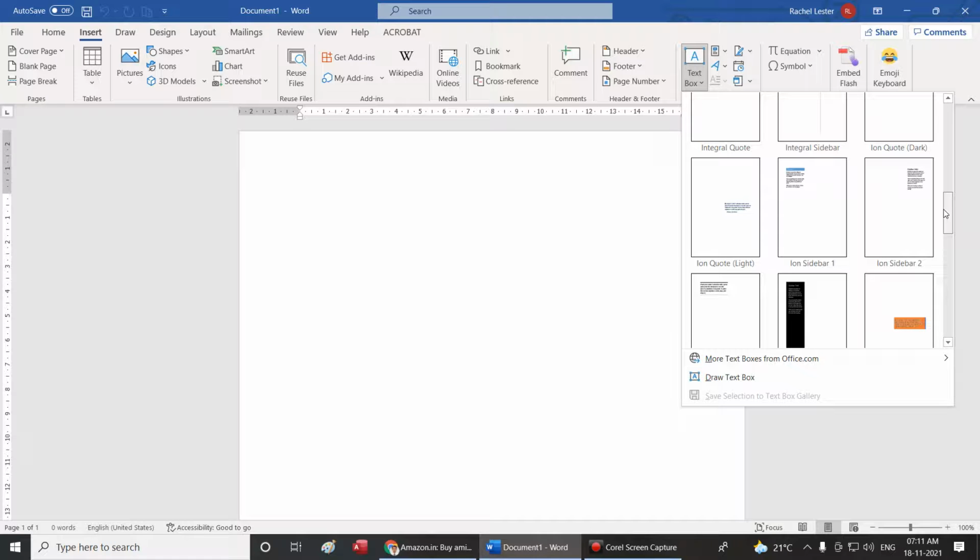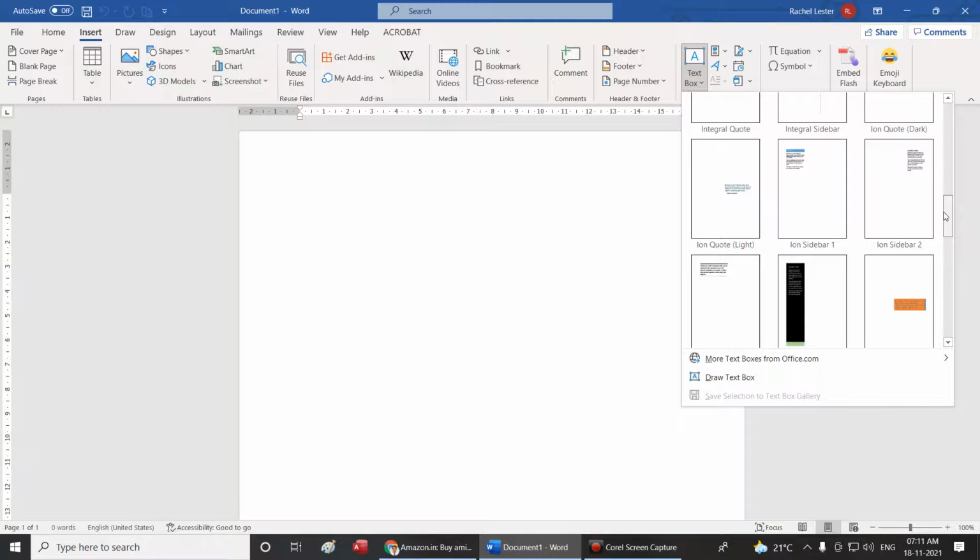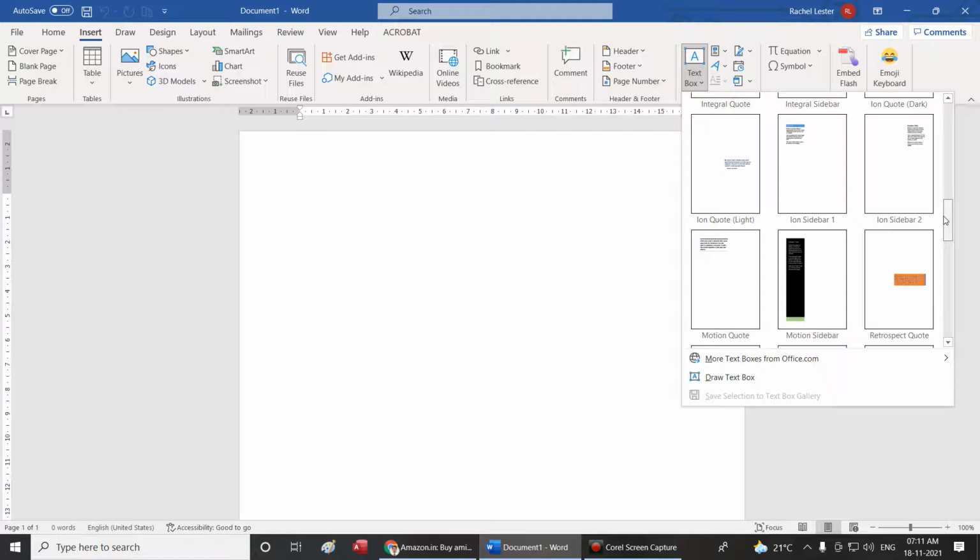Next is ion sidebar 1. Next is ion sidebar 2. Next is motion quote.